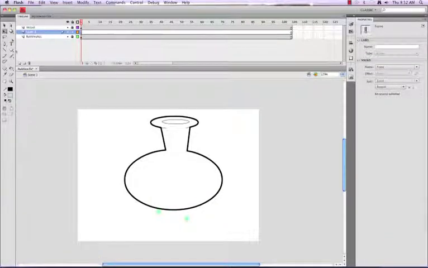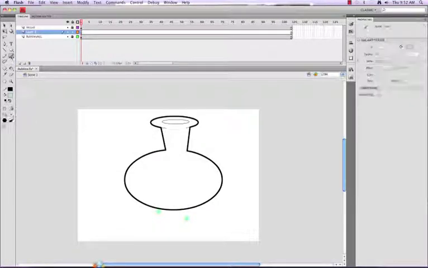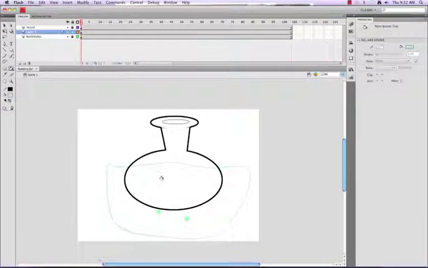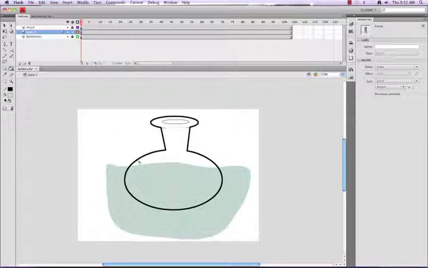So the next thing I'm going to show you guys is a shape tween. So this is really fun. We use the paintbrush, and we're going to just draw right outside of here. Okay, so we're going to draw this shape that's kind of wavy to start with, and I'm going to fill it in with the paint bucket. So we got a shape here. The next thing I want to do is I want to create another shape,